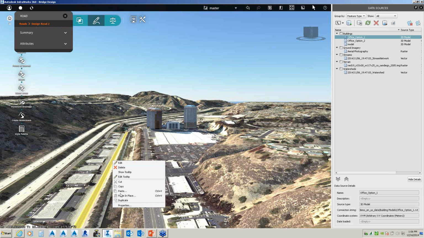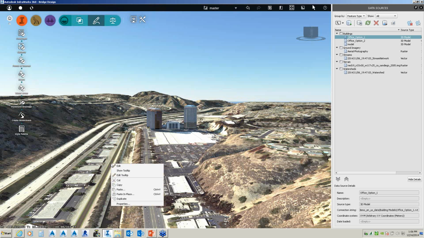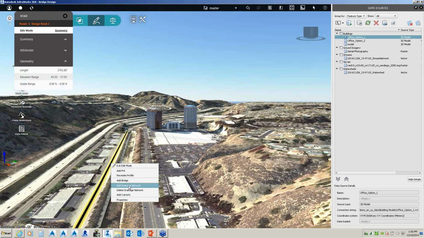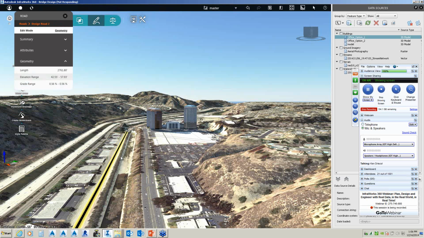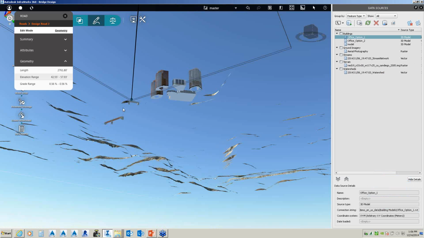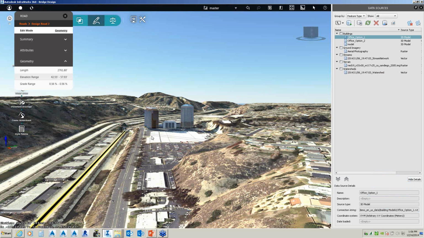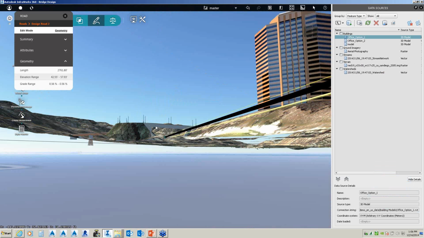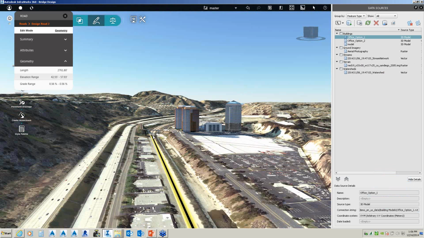Okay, so the other, if I pick on my road, I can also add a drainage network. So when I select add a drainage network, if we look at my road here, and this will take a second.